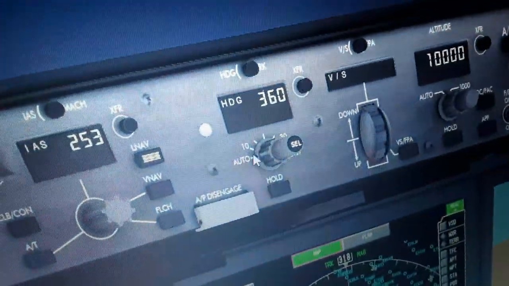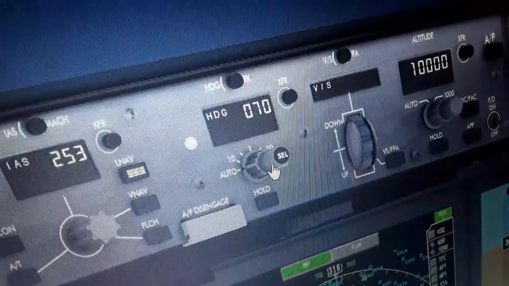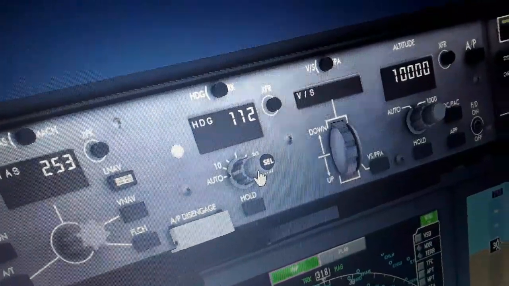Bank angle automatic and heading select. We're gonna select the 136 degrees of the runway we're gonna use for takeoff and for landing. Over here,